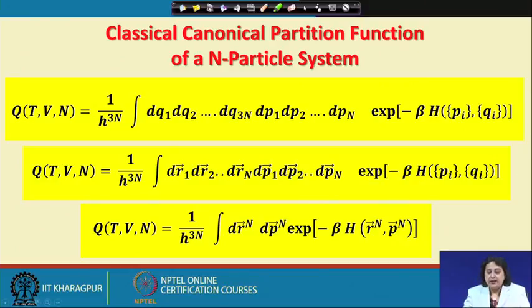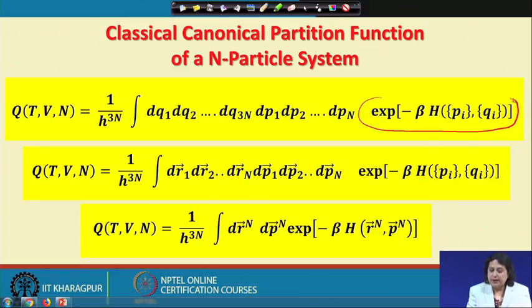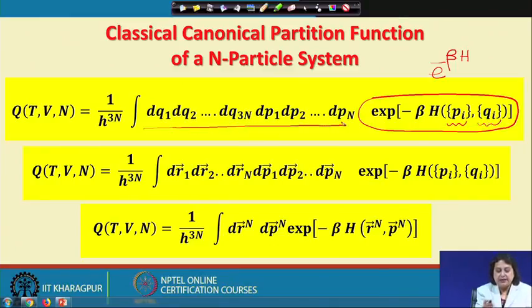I will still have this kind of expression for the canonical partition function, which is nothing but e to the power of minus beta H, but here H is a function of all the 3N momenta coordinates, the p coordinates, and all the 3N position coordinates, the q coordinates, and therefore, the integration over the phase space is now a 6N dimensional integral corresponding to 3N position coordinates and